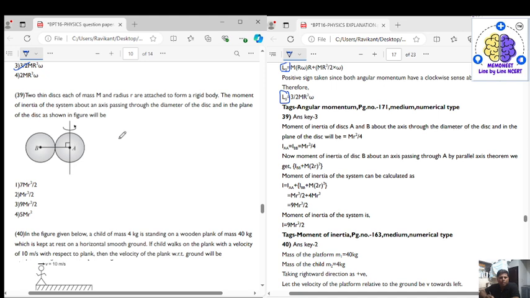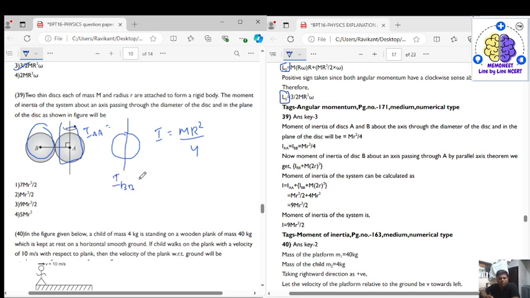So the moment of inertia of a disc with its axis along its diameter and in the plane of the disc is I equals mr square by 4, right? So for this, if I write it as IAA, it will be equal to mr square by 4. For disc B, using the parallel axis theorem,